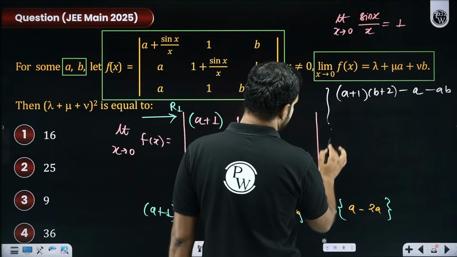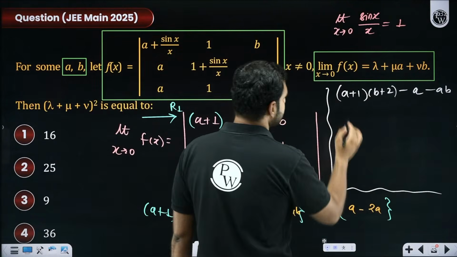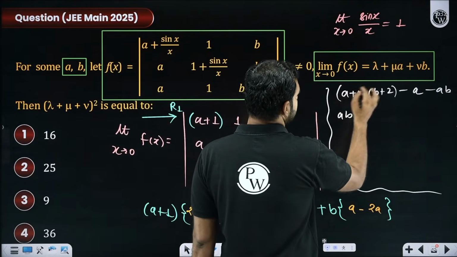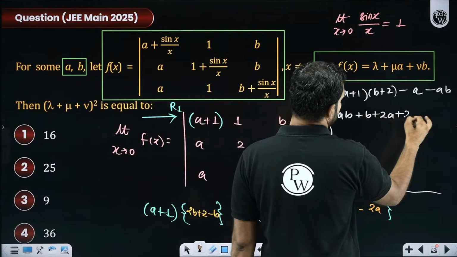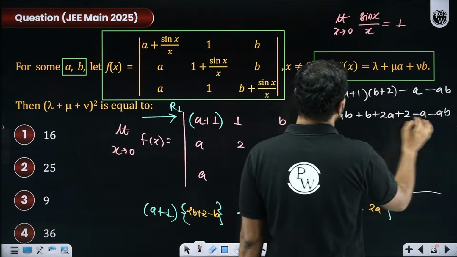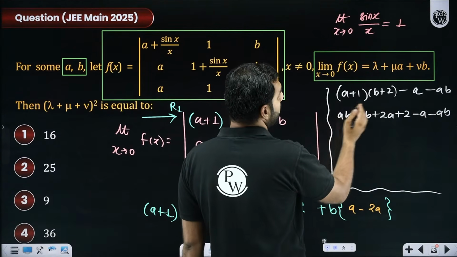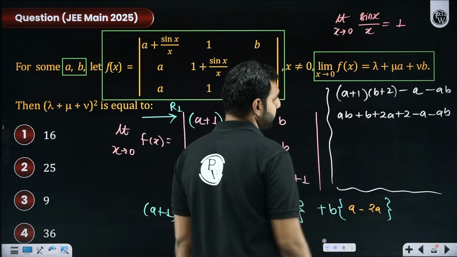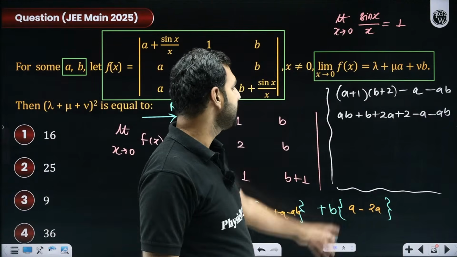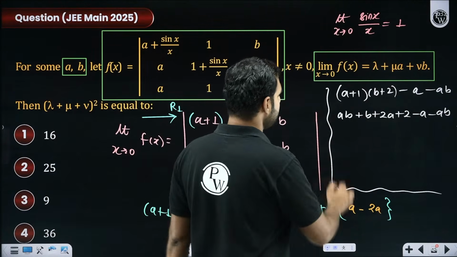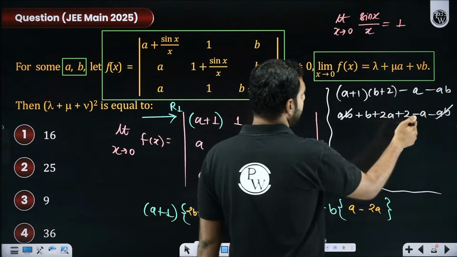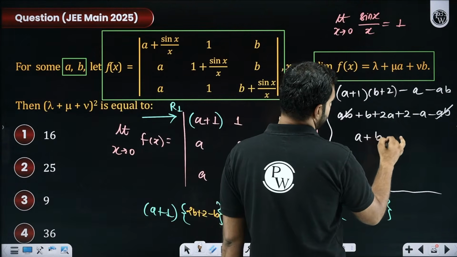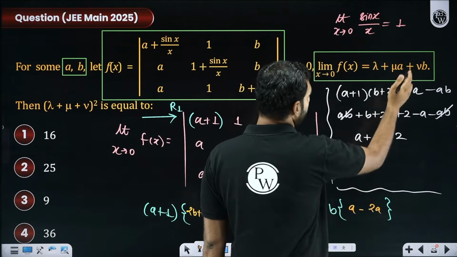So when I simplify it further, what I clearly get is this is your AB, this here is your B plus 2A plus 2 minus A minus AB. I repeat, this is AB plus 2 plus 2A plus B. Getting it or not? And with that, AB and AB are clearly cancelled. So that gets cancelled. What else am I getting cancelled here? 2A minus A is A, so this is A plus B plus 2, but this value we are given as